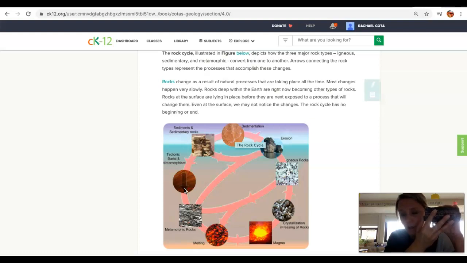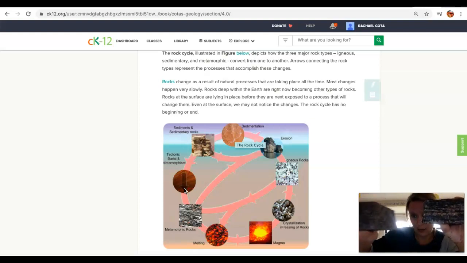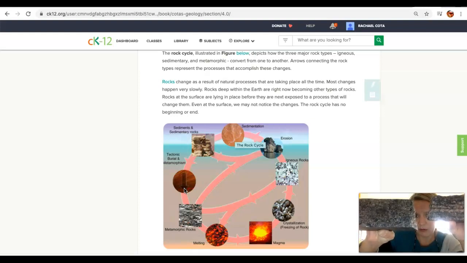It gets hot enough that the minerals actually separate out from each other, and we can see bands of them in here. Now, had this rock completely melted, it would have mixed up just like a big can of paint